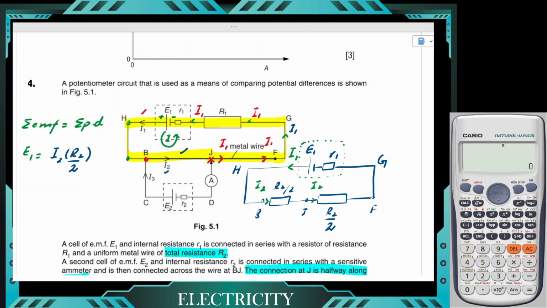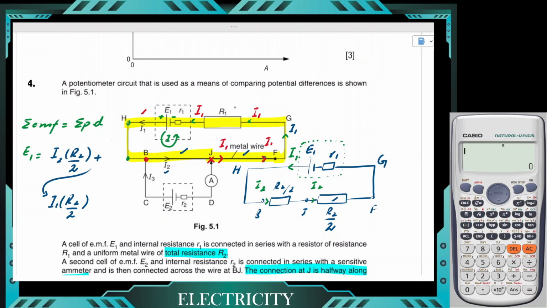And then the next voltage drop occurs across J to F, which is also a resistance. So this thing plus I1 and half of R2 is the voltage drop across the part of the wire J to F. Why I1? Because the current passing through that part of the wire is I1. As a matter of fact, I explained it already that if you trace the currents backward, you know that the current passing through J to F from that part of the wire is I1 and it's not I2. And we're done with this